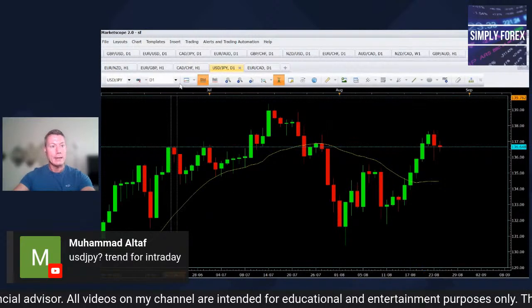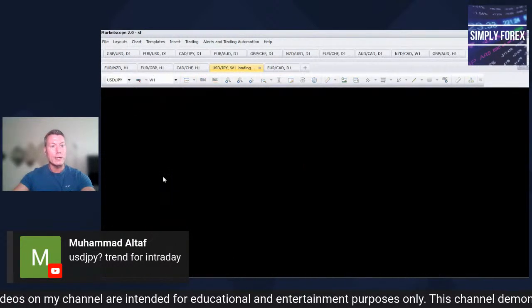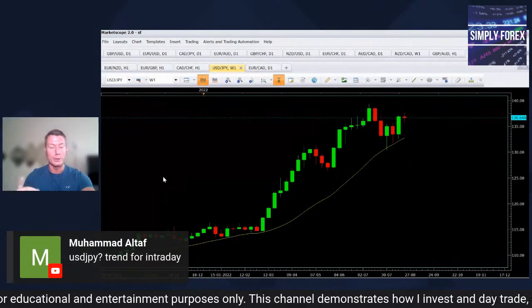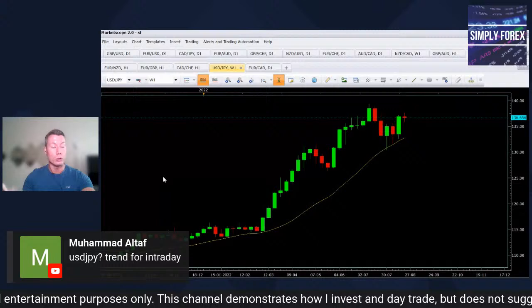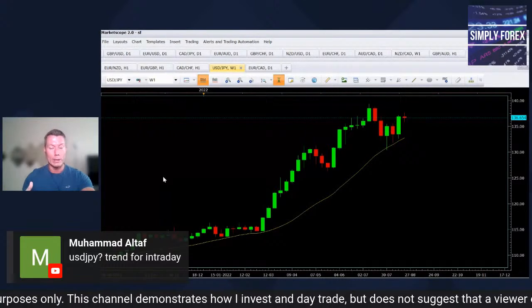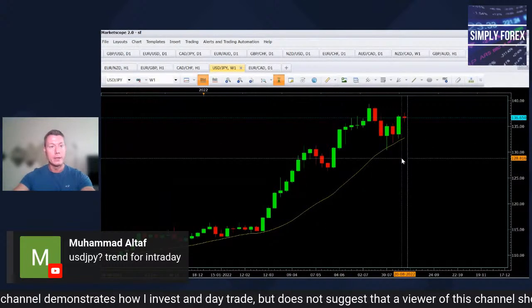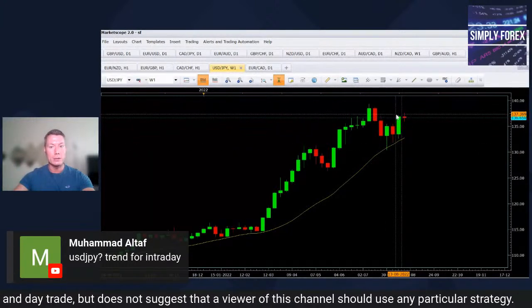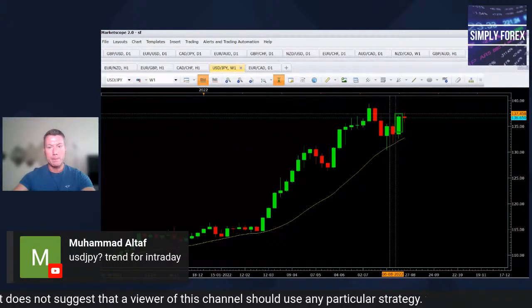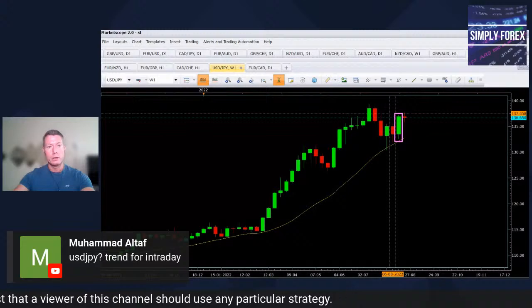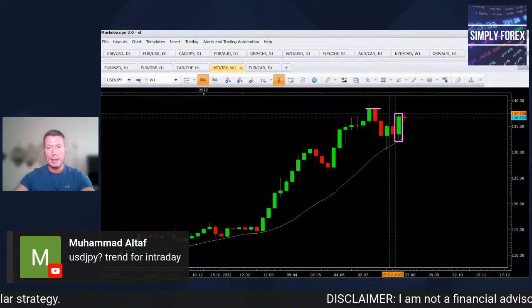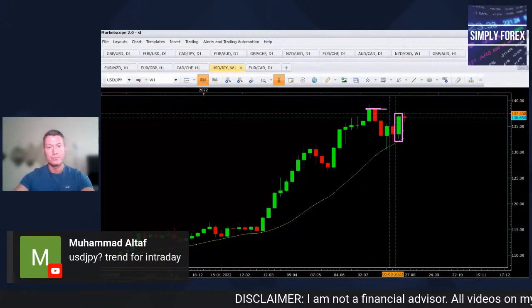All right, and now guys, I look at the weekly chart. Okay, I also advise you to look at the weekly chart as well, because you don't want to be buying or selling into trouble on the weekly chart. But another piece of confluence to take this longer is this. Look at this candle. Look at this bullish weekly candle. Okay, so this candle alone tells me we can get back up to these highs here.